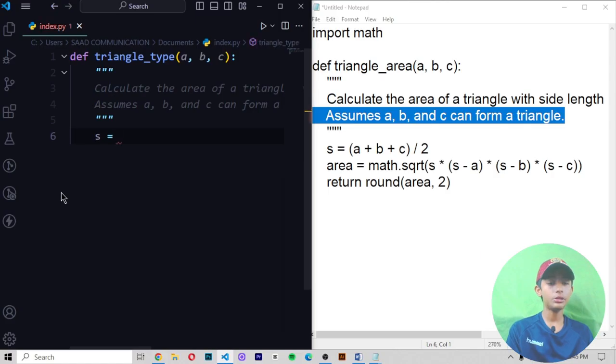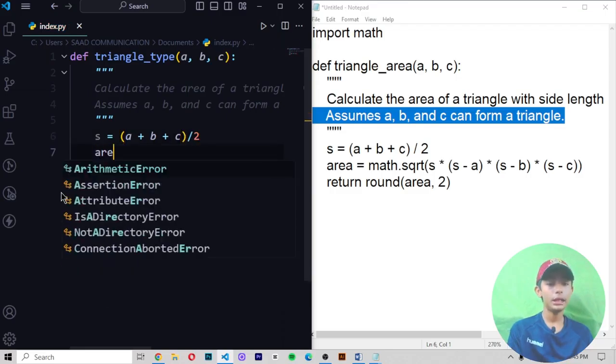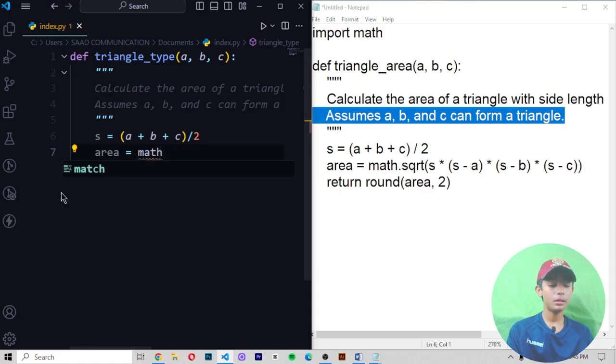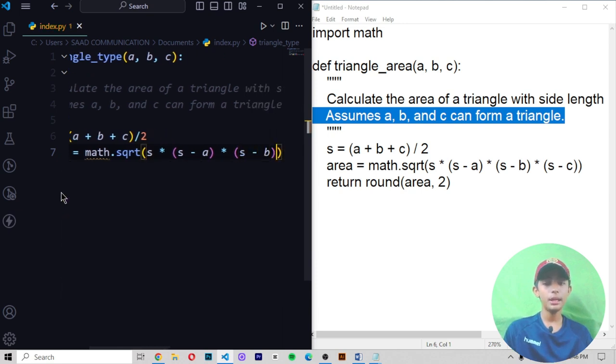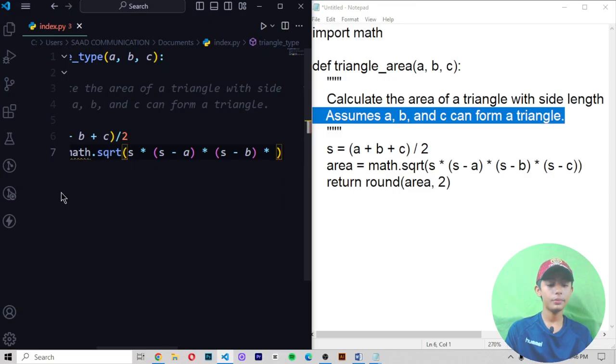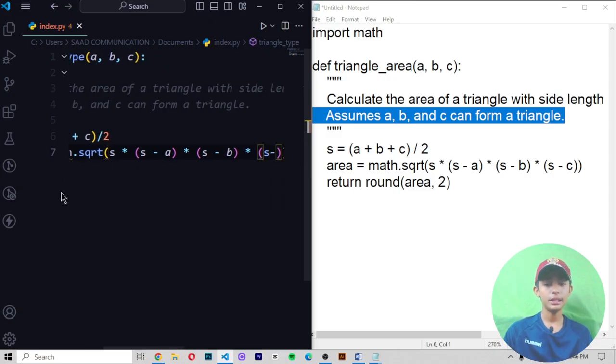Then s equals (a + b + c) divided by 2, then area equals math dot sqrt of s multiplied by (s - a), then multiplied by (s - b), and then multiplied by (s - c),